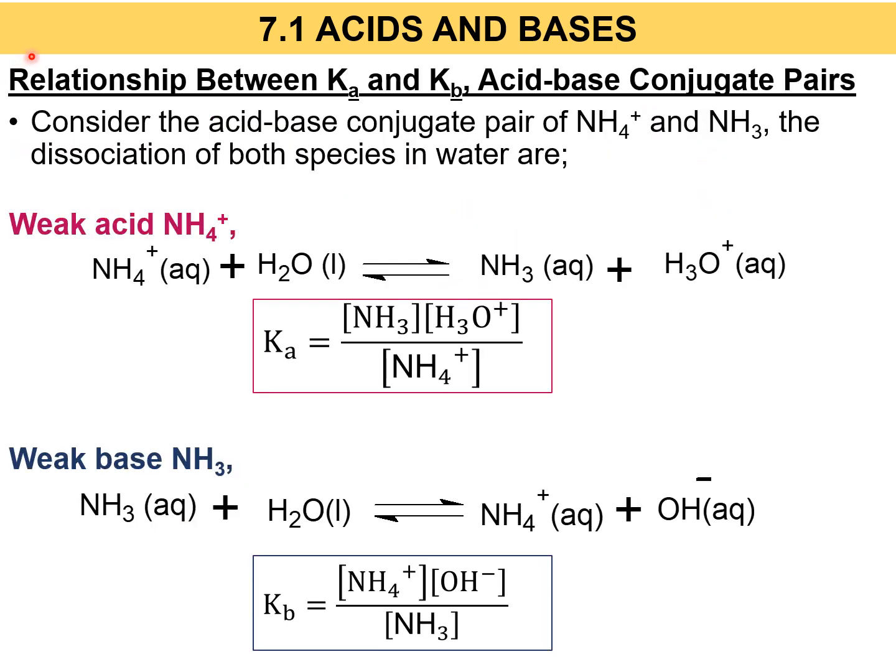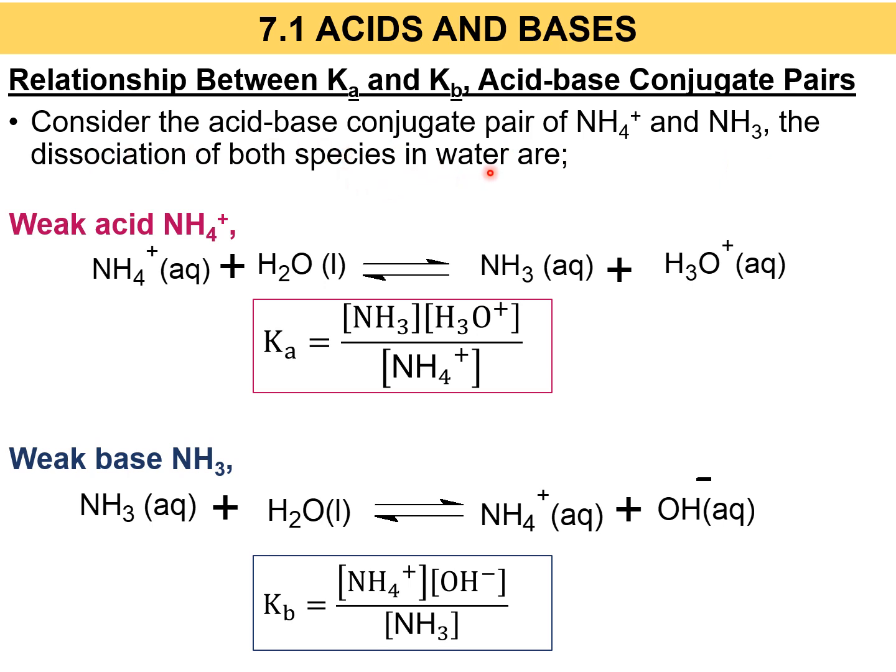Okay guys, previously we have learned how to express Ka and Kb if given a general dissociation reaction of weak acid and weak base, right? But right now I want to explain the relationships between Ka and Kb, acid-base conjugate pairs. Okay, let's say you have an acid-base conjugate pair of NH4 plus and NH3, so the dissociation of both species